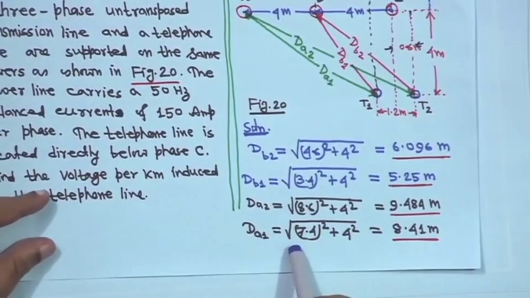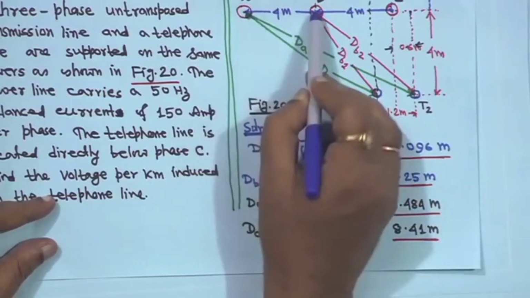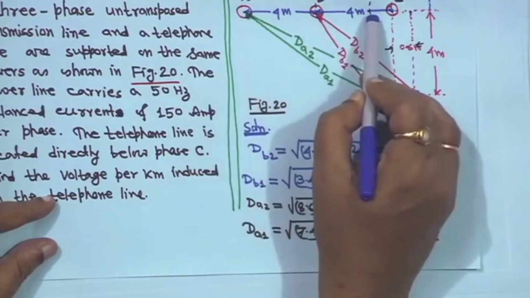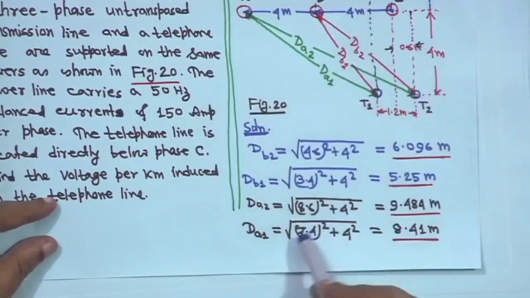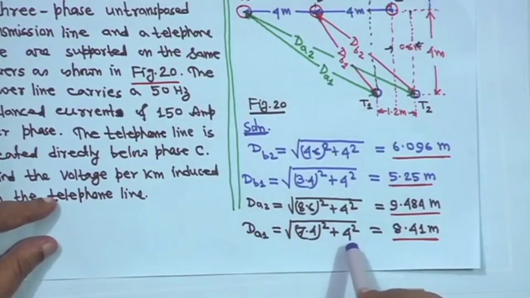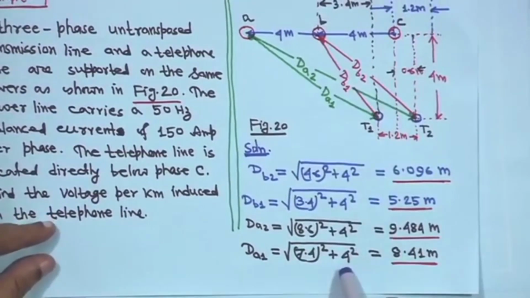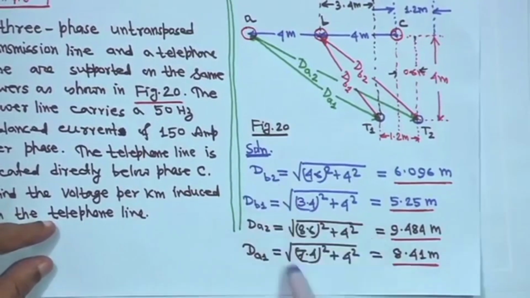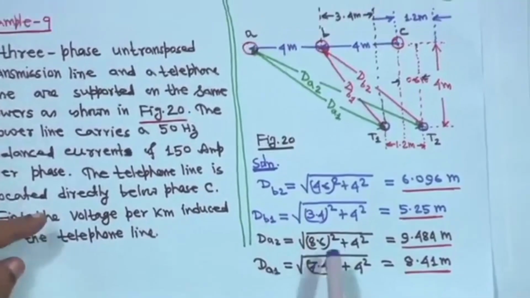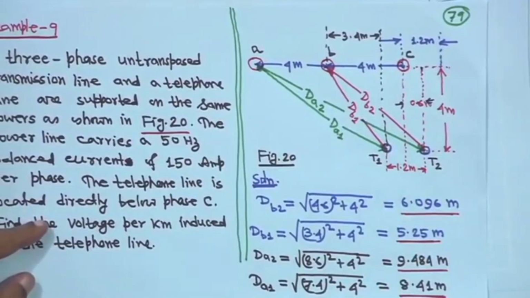Similarly, dA1 you can calculate. Up to this it is 4, from here to here it is 3.4. So, total from here to here it is 7.4. So, under root 7.4 square plus the vertical, which is given as 4, plus 4 square is equal to 8.441 meter. So, all these distances are calculated. You have to calculate all the distances first, right. Once it is done, then